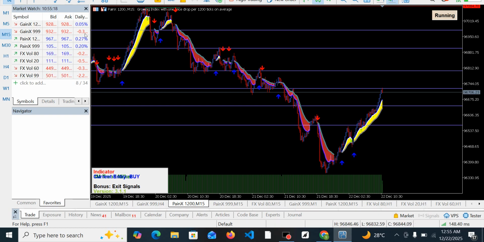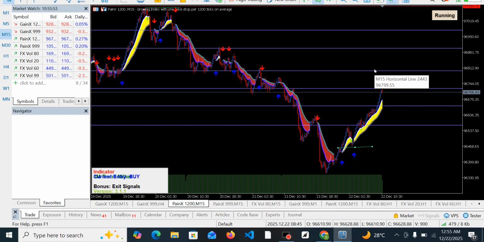So if you're having this trading tool, I expect you to have come in somewhere here. That's because we got our buy signal here, and you can see we've been given an uptrend signal around here. Which means we have more buying opportunity right from here. So you should be in huge profits right now. But if you are yet to jump into the trade, you still have all this to achieve, guys. So you can still go into it.